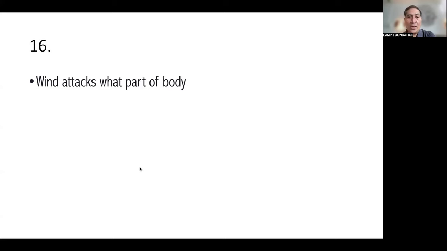Wind attacks what part of the body? Top, middle, bottom. Top part of the body. Very good. Often it lodges in the throat. That's why it causes itchy throat or sore throat. Itchy throat if it is cold. Sore throat if it is hot. If wind cold,